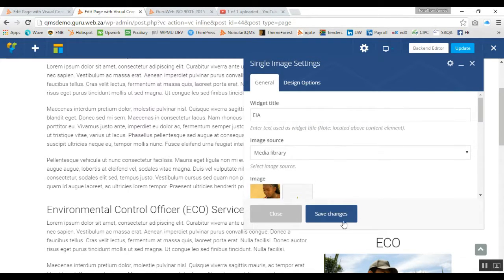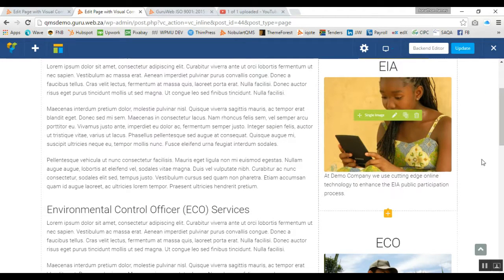Once you've done with all of your changes, you click on Save Changes and your new image will appear in that